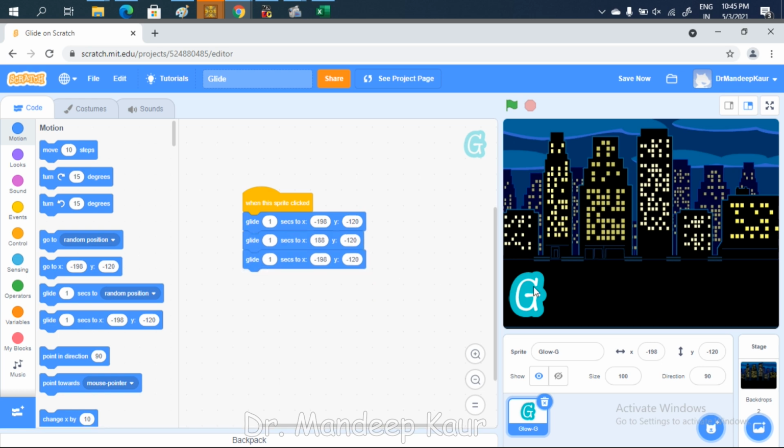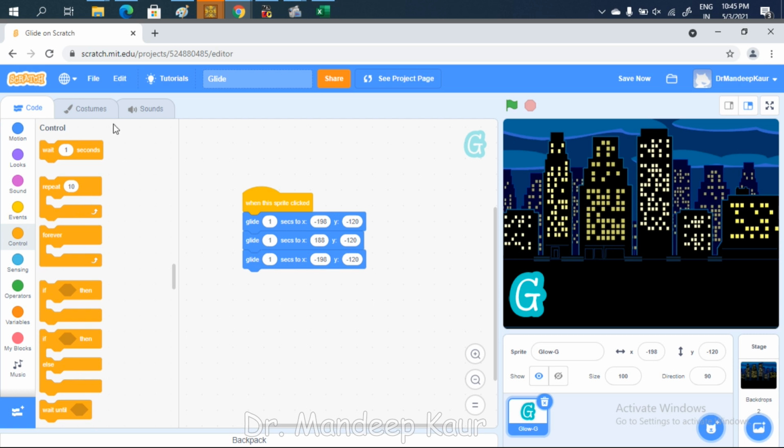I want to repeat this many times. So if you go to the Control option, you have a few options. If you want to repeat it for n number of times, let us suppose 4, 5, 10, 20, 30, 40, then you can use this loop.